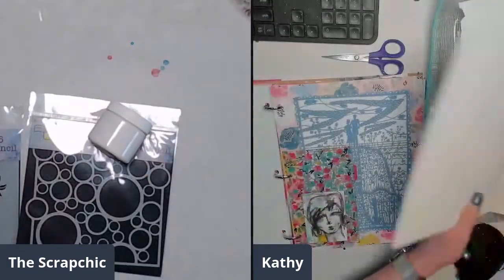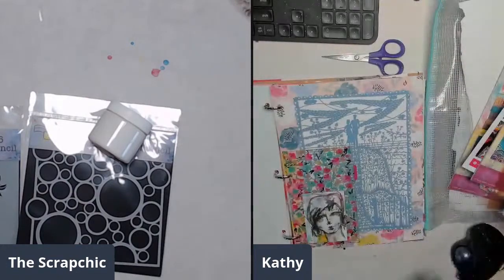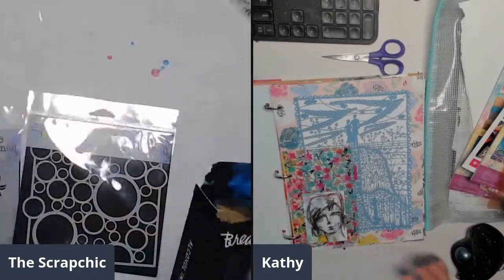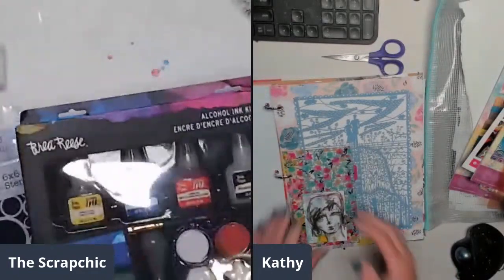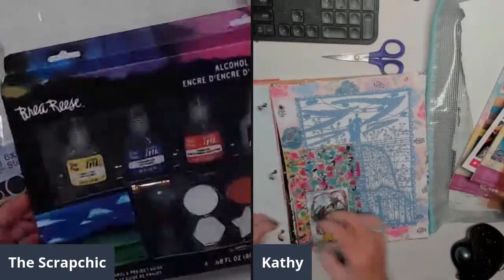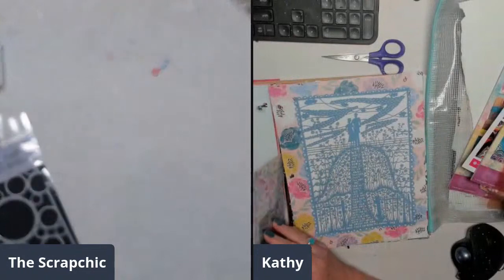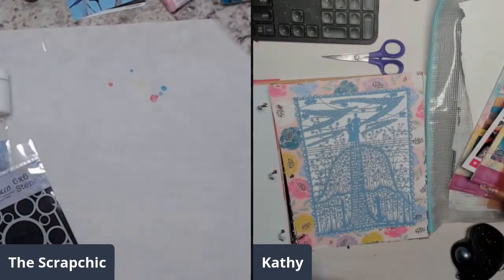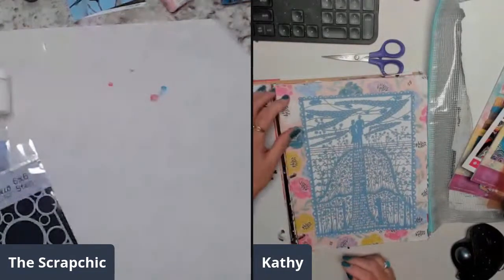And, let's see. Oh yeah, and I also want to try, though I probably won't get to it today, maybe next week, some alcohol inks. These are ones I got on clearance, and I want to try these on tea bags. I did not get a chance to cook any today, but